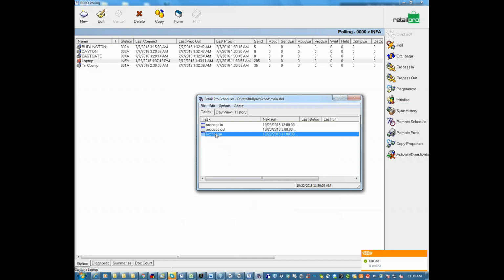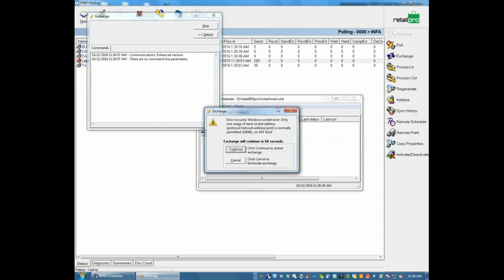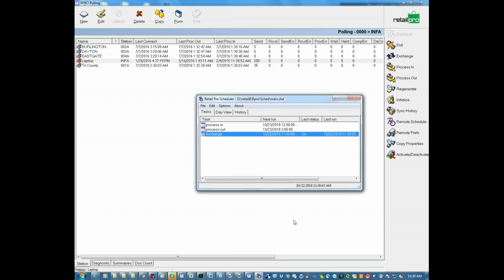Start Exchange and leave it running, and if you're used to this, there's a little lightning bolt icon that appears on your system tray down here. Down here, you can see this dinky little lightning bolt. If that is displayed, that means that your Exchange is running on whatever workstation you're dealing with at the main, right? So we start that at the main. We start that at 11, and then at